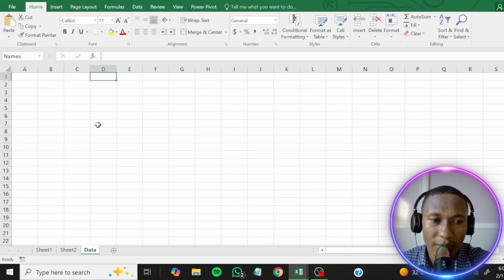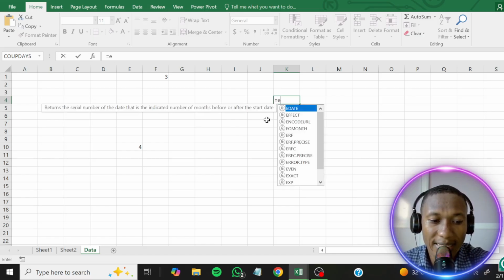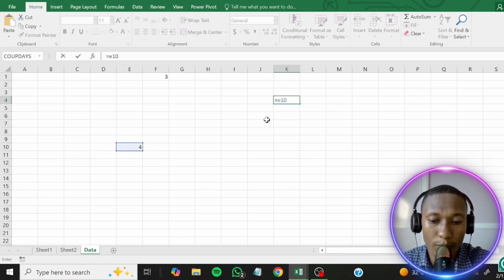So quickly, the first thing I want to tell you about Excel is that it is interactive. It is used for calculation. All these things you see here are numbered with the cell reference. So if I put 4 here, and I come here and put 3, I can even stay here and say equal to, and take note of this cell reference, which is E10. So if I say equal to E10, and let's say plus F1,